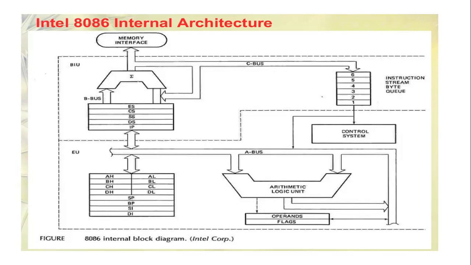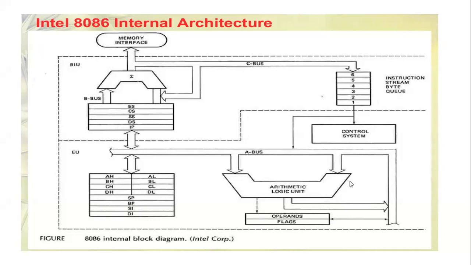and then it will be decoded and executed those instructions. The function is to control operations on the data using the instruction decoder and the ALU. ALU stands for arithmetic logic unit, which will perform arithmetic operations like addition, subtraction, and logical operations also, AND, OR operations. Execution unit has no direct connection with system bus, as we are seeing in the diagram. It performs operations over the data through bus interface unit.